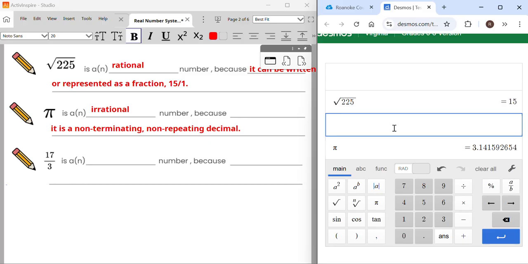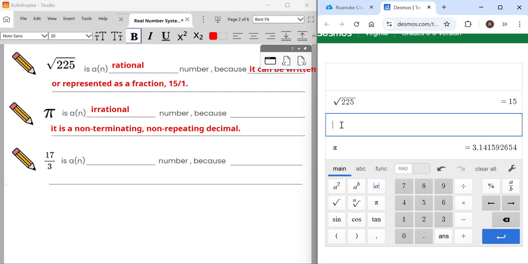Really quickly, I want to show you two different types of square roots. This square root gave you a beautiful number, an integer. We'll get to that later. Actually, this is also a natural number and a whole number, but like I said, we'll get to that later.